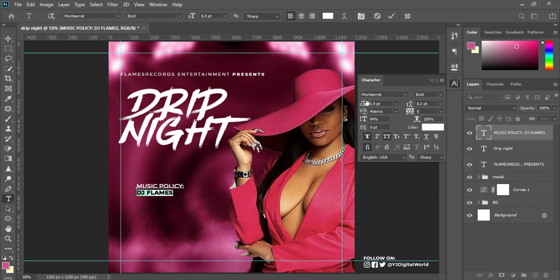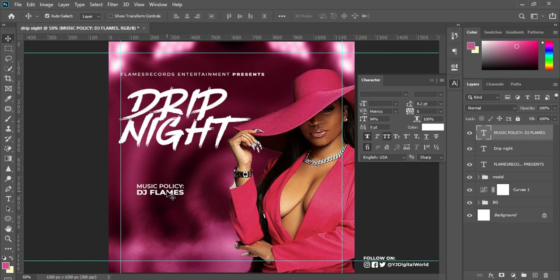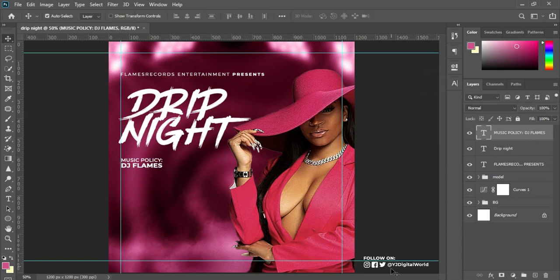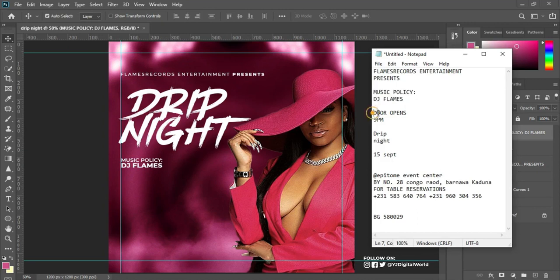Okay, I can also come and increase the size of this text. So let me see. I think this is okay. Come over here and position somewhere here. Ctrl T, scale down a little. I'll check. After doing that, I'll come over here again, pick my next set of text, copy, come over here,